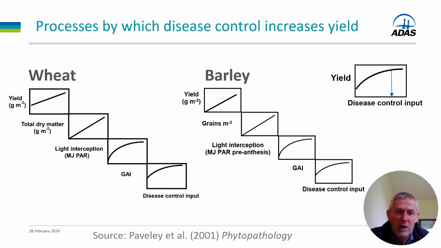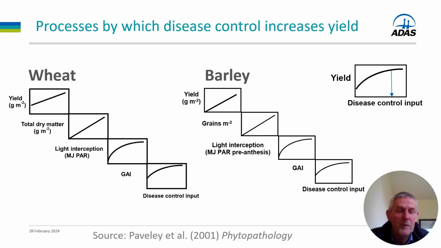And then if we move to the next chart up, we see that green area index relates to the amount of light we intercept through the Beer's law relationship, which again we looked at in a previous video, and which is also curved. If we then look at the next chart up, we see that light interception is related to total dry matter produced, and that's a straight line, and the slope of that line represents the radiation use efficiency of the crop,